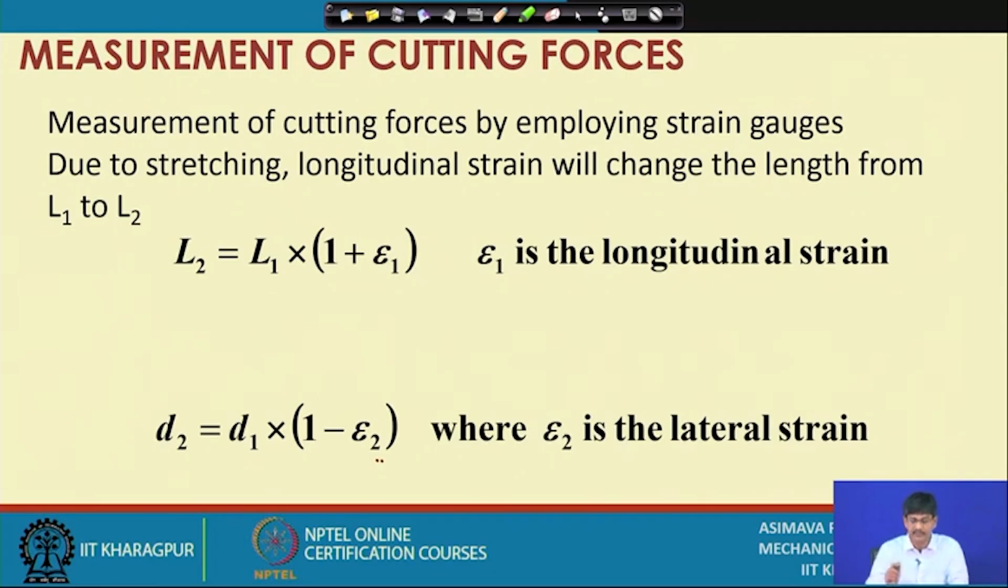So, strain is defined as delta L by L, where L is the original length and delta L is the small increment in length. So, if we multiply it by the original length L1, we will get the corresponding change in length. Therefore, L2 is equal to L1 into 1 plus epsilon 1, where epsilon 1 is the longitudinal strain, that means in the direction of the stretch. We are considering for the moment that it is tensile